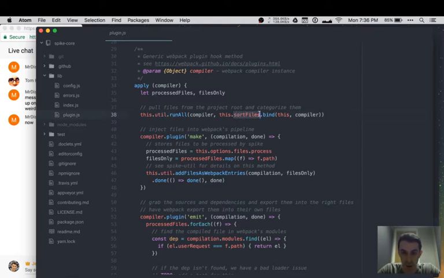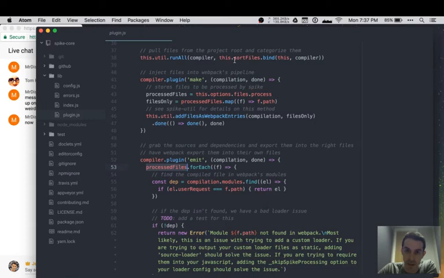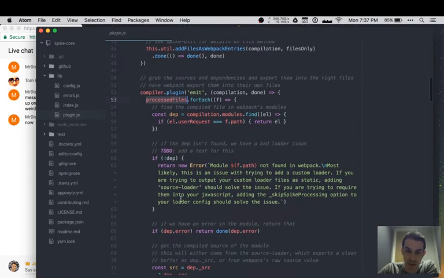The problem with this now is that we depend on this .options.files. This is where sort files puts back its files, and it sorts them into whether they're being processed by Spike or not, etc. So that's why this is called processed files. But you could see when we're doing our output here, we are using the processed files map that we created when we read the file tree in order to decide what's going to get pulled out